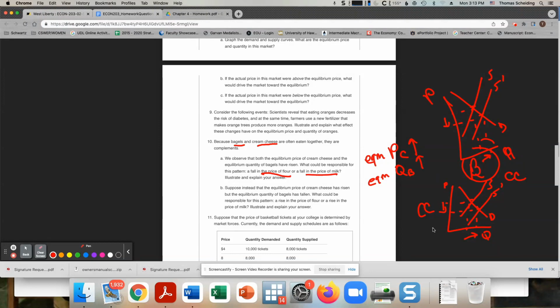In the top graph, my equilibrium quantity of bagels is rising. But to get both of them, if people are buying more cream cheese, then the demand shifts out for bagels. In other words, for cream cheese, it looks like this, and then for bagels,